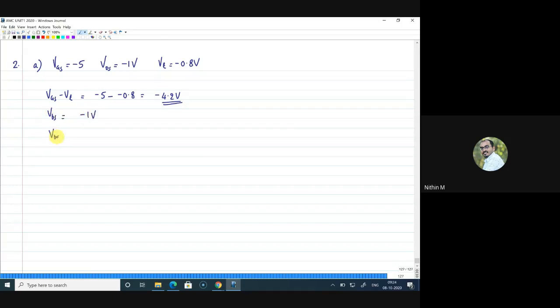So in this case, your VDS is greater than VGS minus VT, because -1 is greater than -4.2. We have checked the magnitude, sir. By mistake, I considered the magnitude, then saw the minus sign, sir. Yeah, so that is a point here. So if you go ahead with this, -1 is greater than -4.2. This condition is true, and the device is in the linear region.